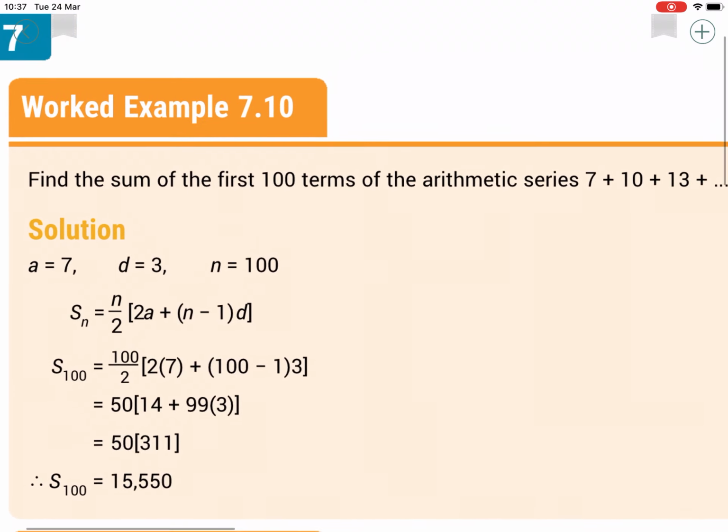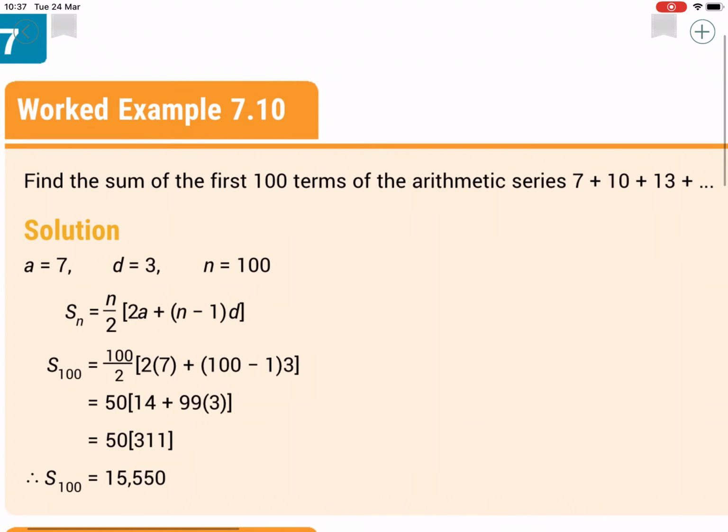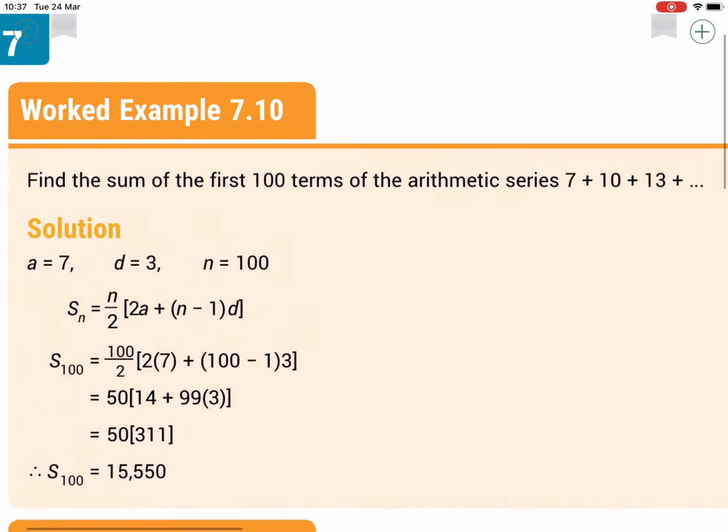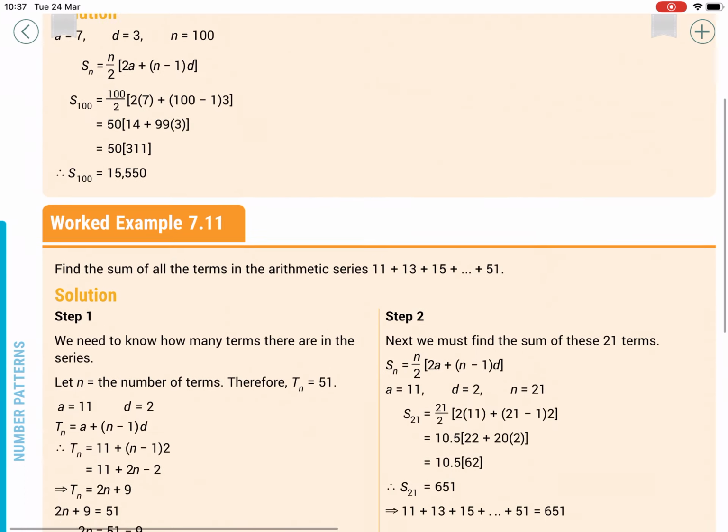So you can imagine, if I go up 7 plus 10 plus 13 plus 16 plus 19 plus 22 and so on, all the way up for 100 terms, I'm going to end up with a big number, and we do have that in this case. All right, so